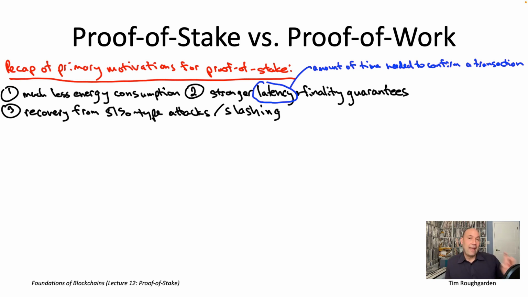There are some interesting academic prototypes more sophisticated than Nakamoto consensus, proof of work protocols with better latency guarantees. Like one you could look up would be Prism, PRISM. So we should remember that in principle, proof of work goes beyond Nakamoto consensus. But given that all of the major deployed proof of work protocols use Nakamoto consensus, I could forgive someone for